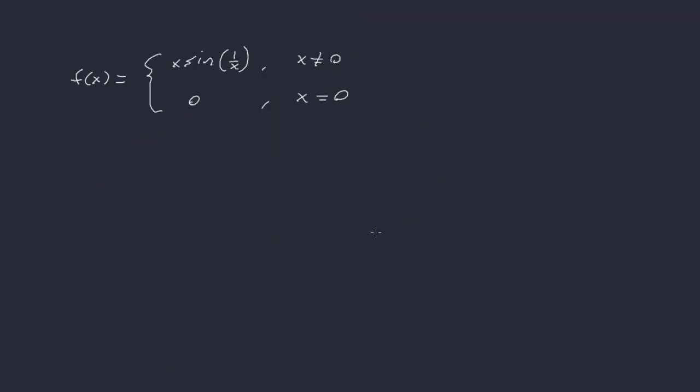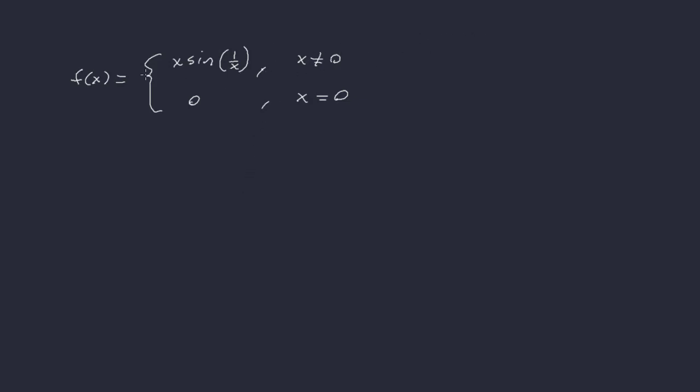Okay, so a natural question is why does it really matter, right? What benefit do we get from having this more formal way of talking about continuity? And it comes from functions like this. Say our f of x is a piecewise function, so it's going to be x times sine of 1 over x whenever x is not equal to 0, and it's going to be 0 whenever x is equal to 0. Okay,